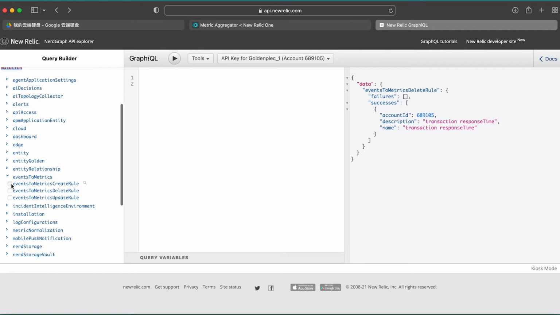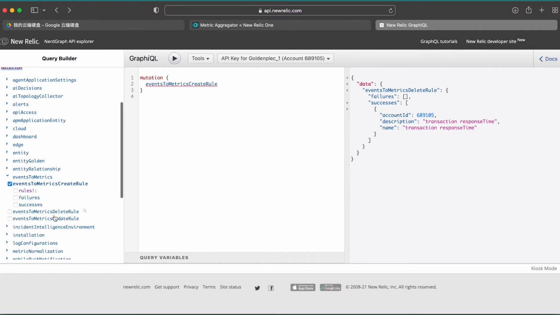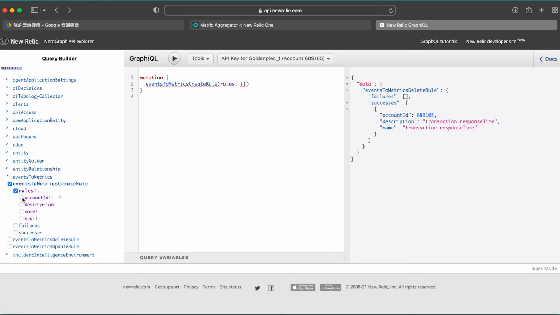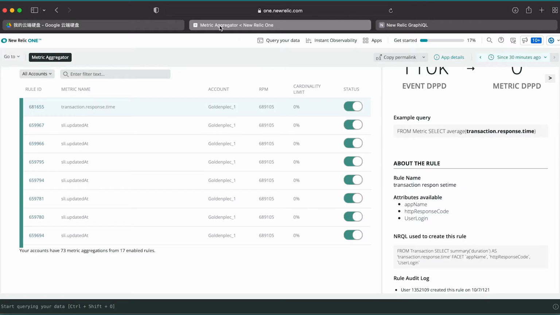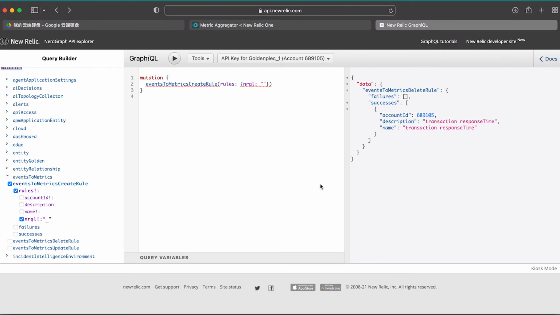We can create, delete or update the rule by using the API as well. Just give it the account ID, subscription name, and NRQL query, which is already built from the UI for us. But if you want to use the GraphQL, you may want to build an NRQL query manually and then create the events to metric rule in this way.